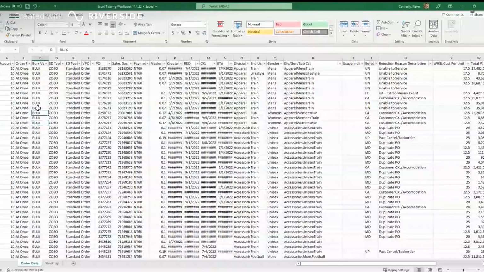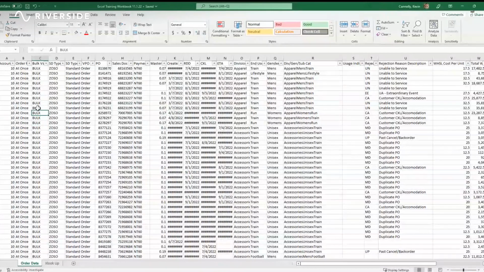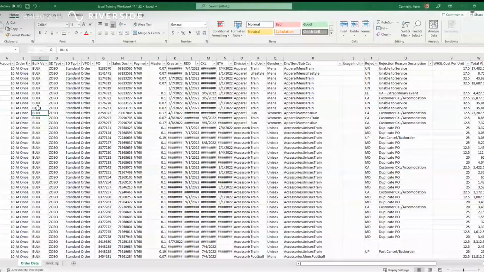Alright, great. So we're going to start with principles of organization. The principle of organization that I want you to think about is, one, always logically approach your workbook like you're reading a book, so left to right. We want the most general information on the left-hand side and the most specific information and your values on the right-hand side. And the second principle I want you to think about is to organize it in a way where